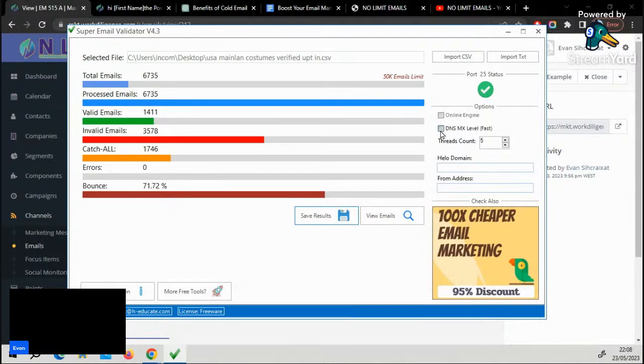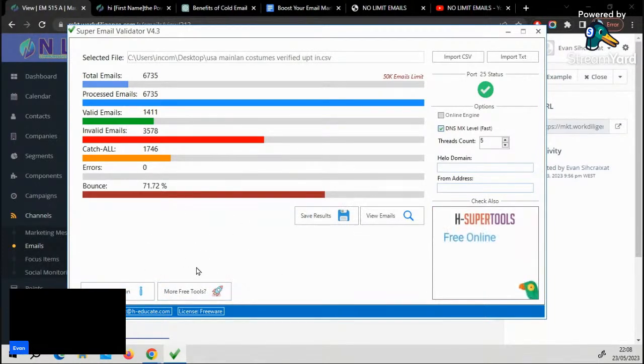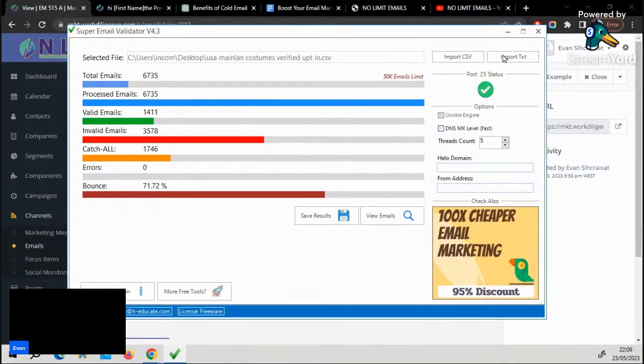And the other thing you can do in here, let me just cancel this, is I can also do the DNS MX level check, and you can basically start the verification again, like re-upload it, when you clean this up, only uploading the valid ones, and then check this, and then you can do it again. And if you are not sure whether any more bad emails, spam traps and catch-alls went through, then you can upload it to the system. When you've done that,